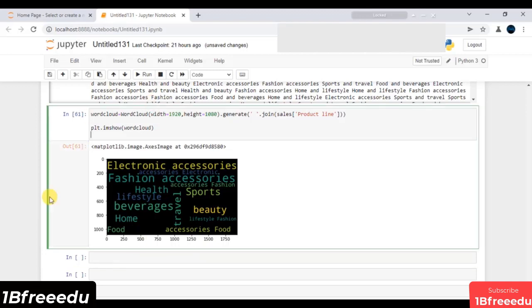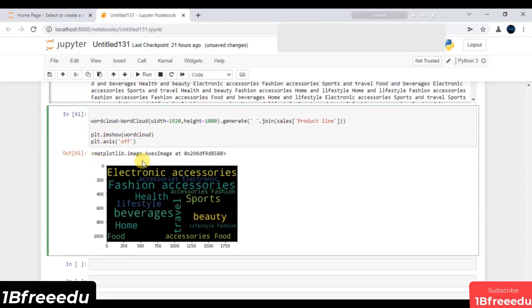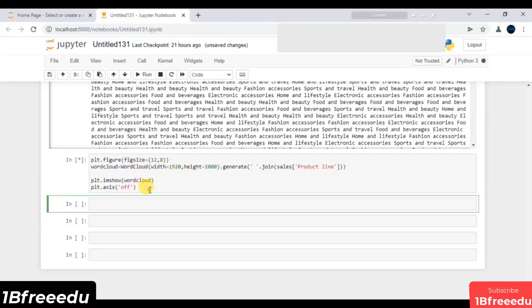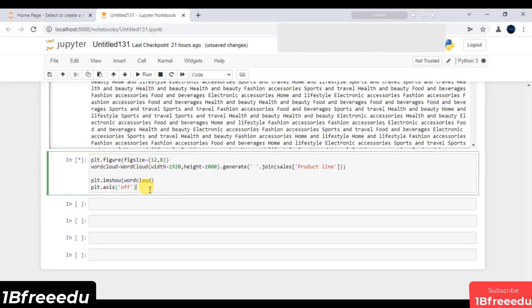But still there are some manipulations that you need to do. The very first one is you can disable the axis, because here the axis makes no sense. So I will say plt.axis and just disable it, so I will pass this off parameter. Now let's say just customize the figure size. So I will say plt.figure. Over here we have a very handy parameter which is exactly figsize. Over here I can pass whatever value you want. It's all up to you. Now let me again execute this line of code, and just in a while it will give us some amazing